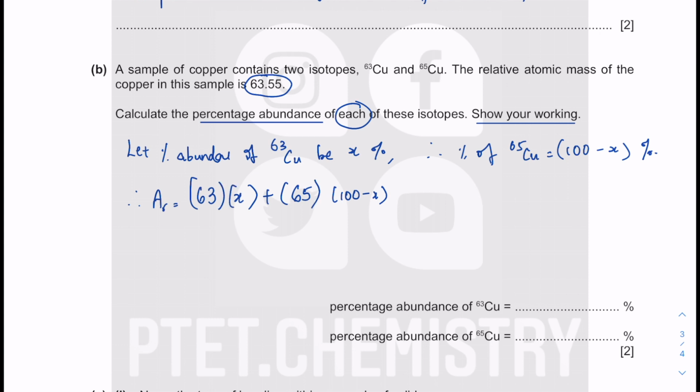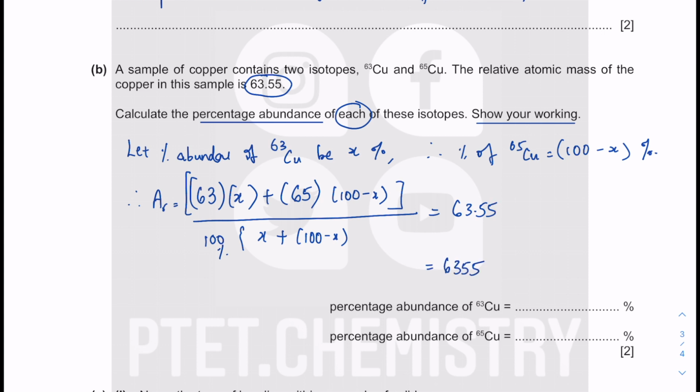To avoid the confusion, I use a big bracket to add them up together. Altogether I have 100%, so it's x plus (100 minus x), which of course gets to 100% because I get this by taking it away from 100% to begin with. And this is equal to 63.55. So this is going to be 100%. So 100%, I can move it up and then I will get